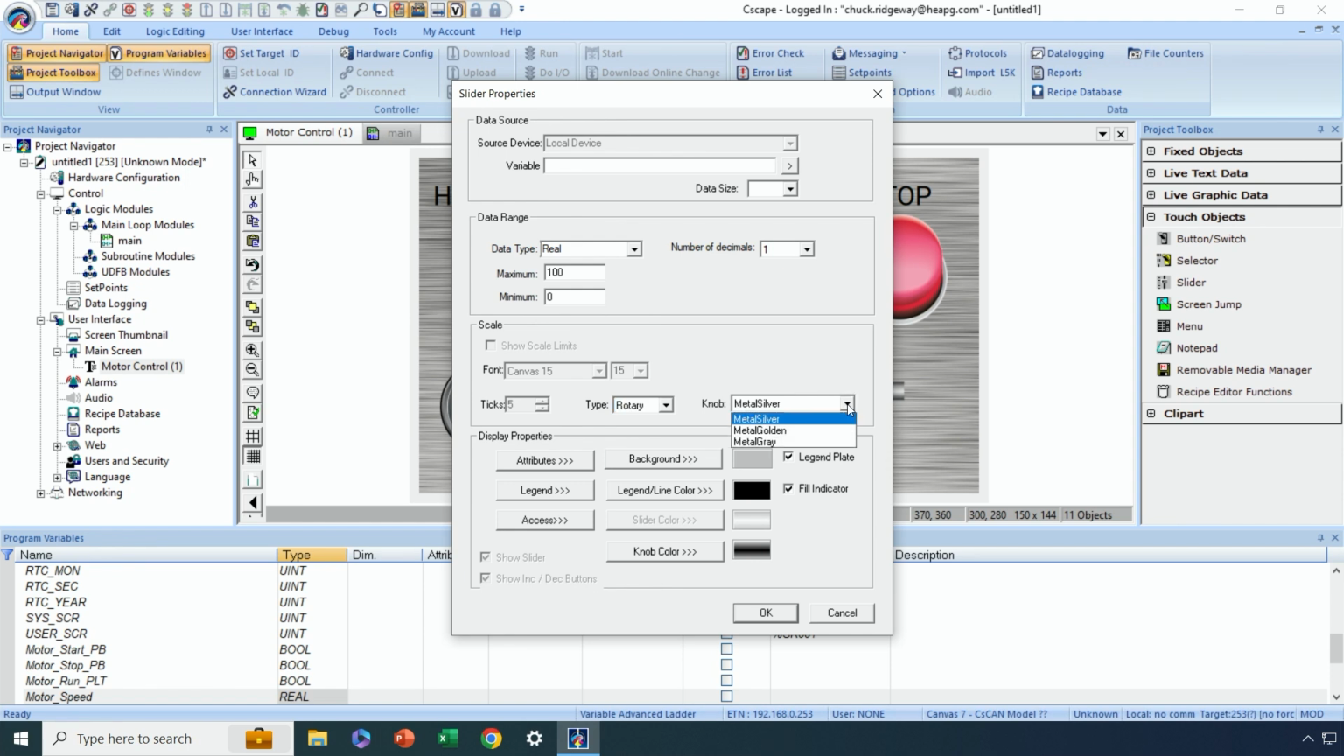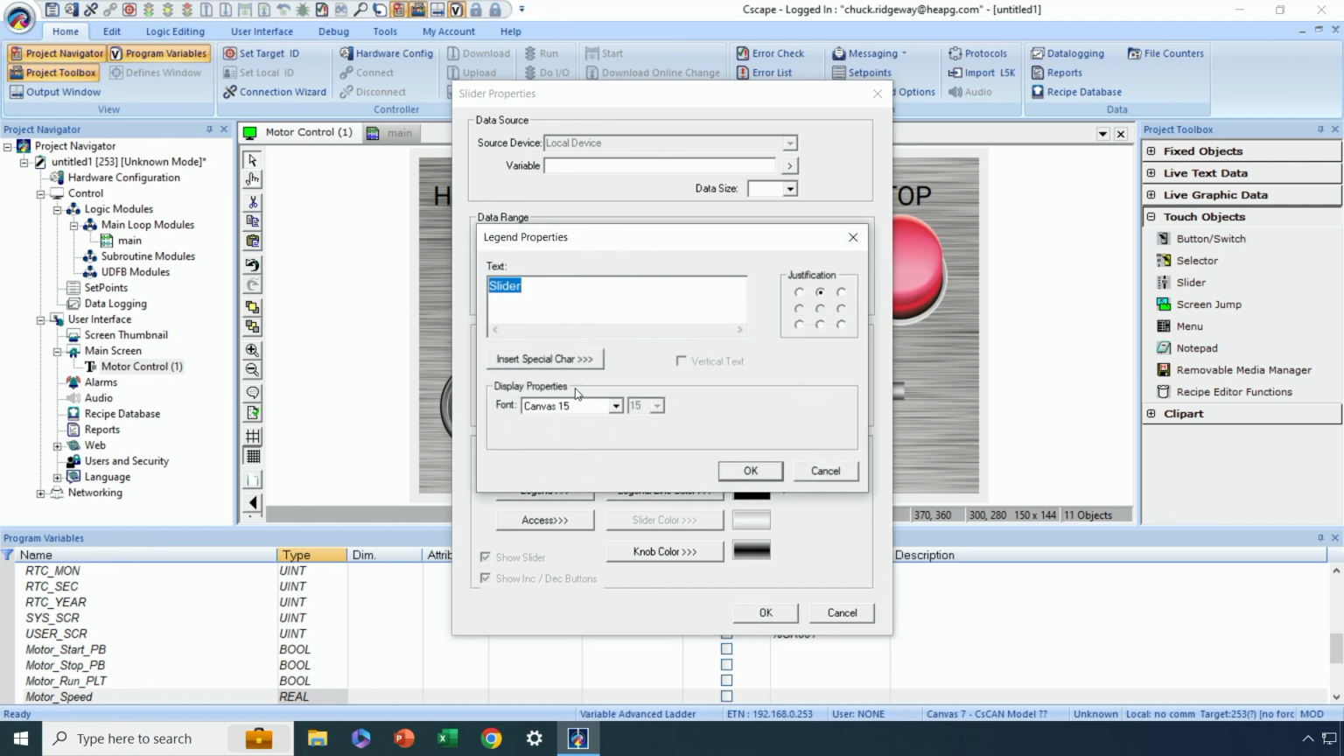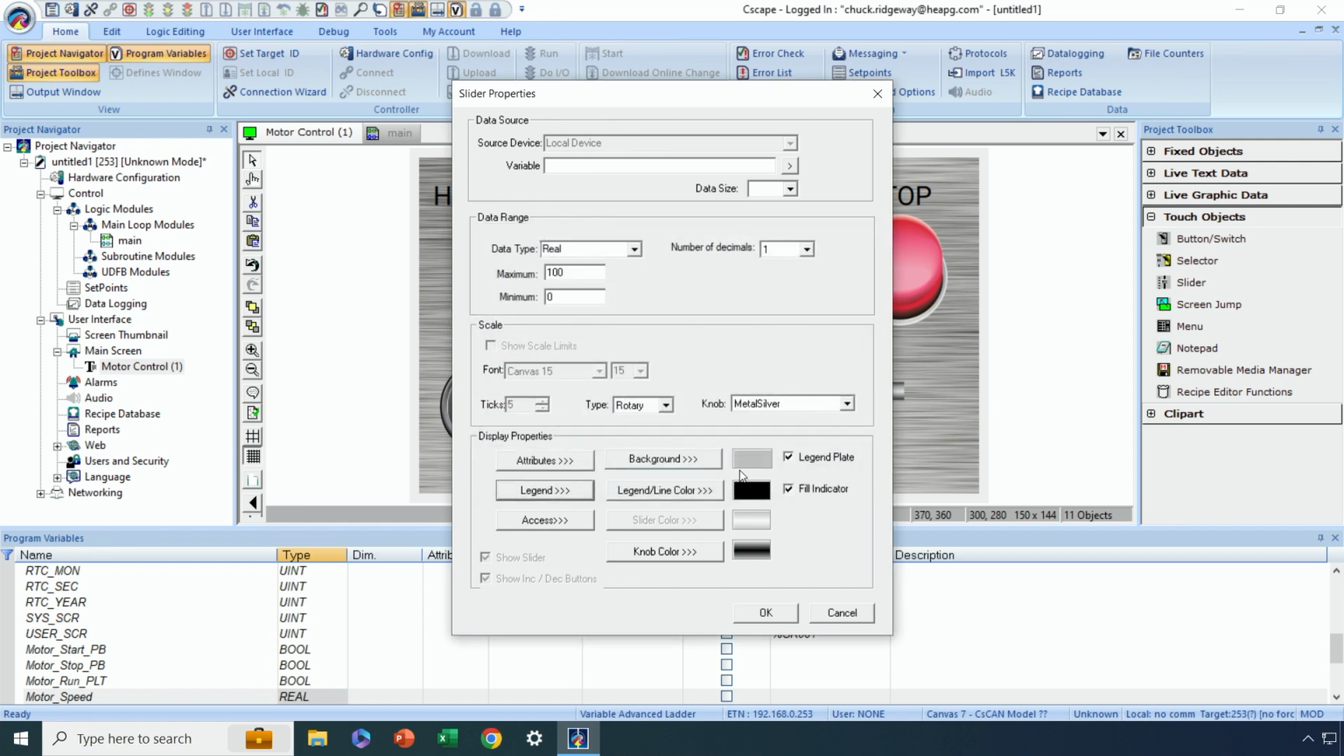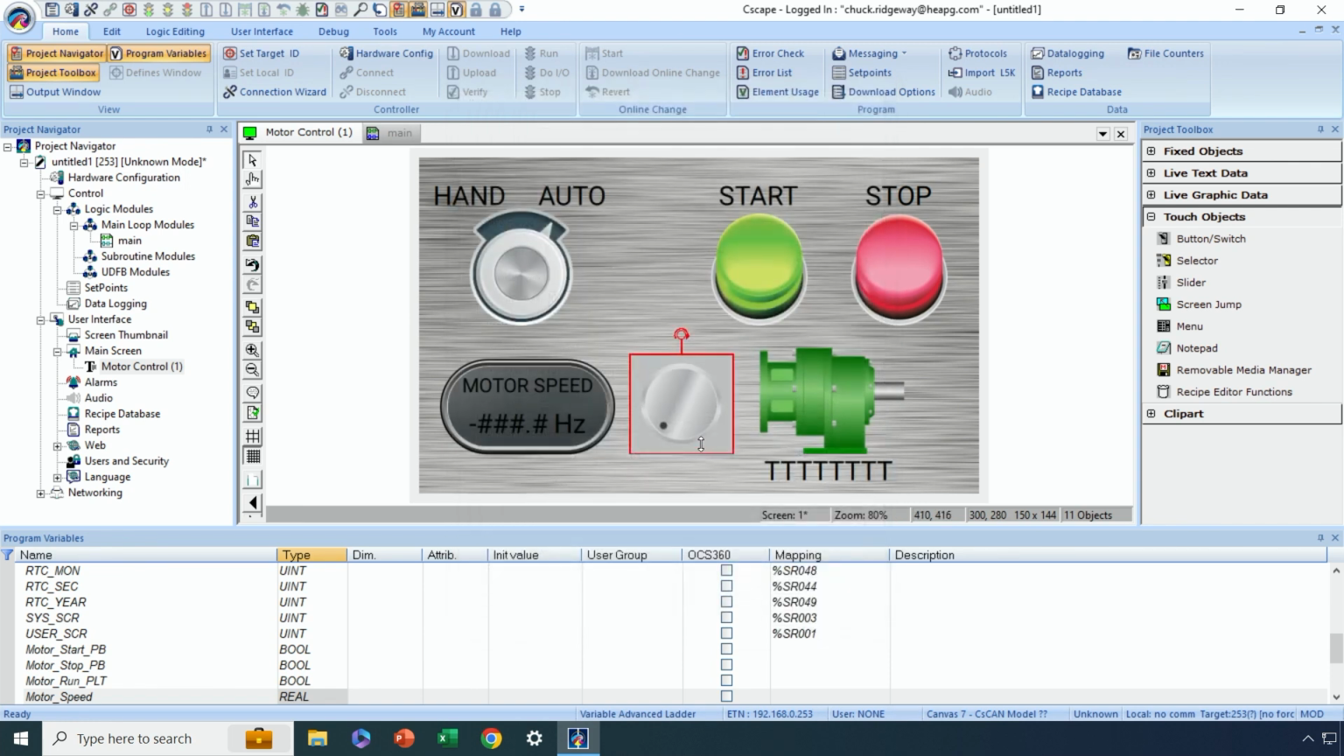We have a choice of different colors of knobs. Let's stick with metal silver and see what that looks like. All right, and then under legend, let's get rid of the legend. And let's just take a, well, we got to assign a variable to it first. So 32-bit floating point value, and again, motor speed. All right, now let's see what that looks like kind of by default and see what adjustments we may need